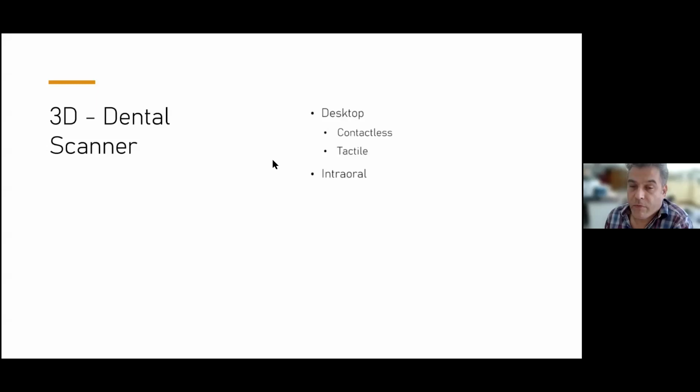Then there are handheld scanners that you hold in your hand to scan objects freely. This is very common, especially in designing or also in the automotive sector. And for us,